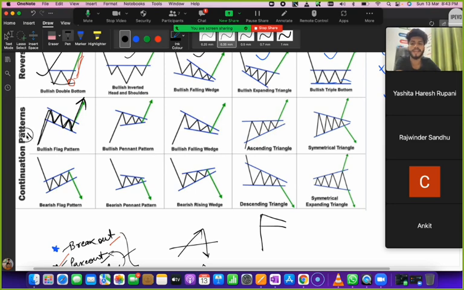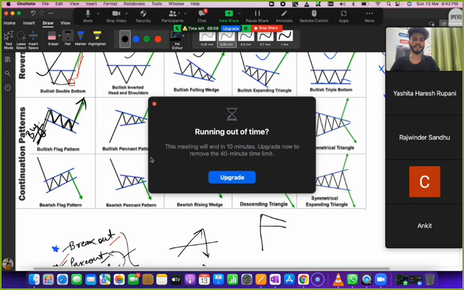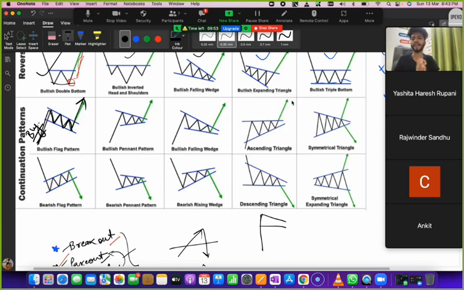Continuation patterns are like, see, we have buyers who are buying aggressively, and then at a moment buyers are being exhausted. If you are running or jogging, at a particular point obviously you will get exhausted, right? Your energy will get low. So when buyers keep running for a long time, buyers get exhausted